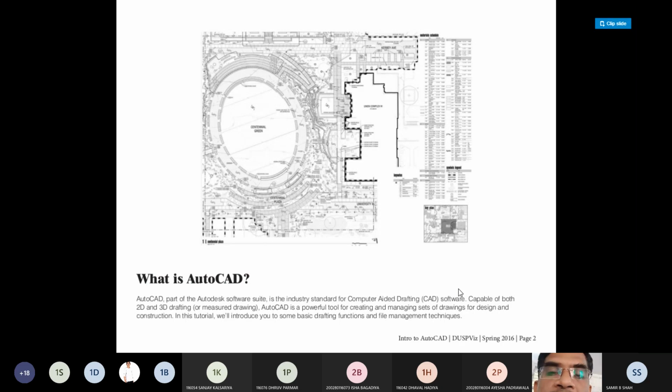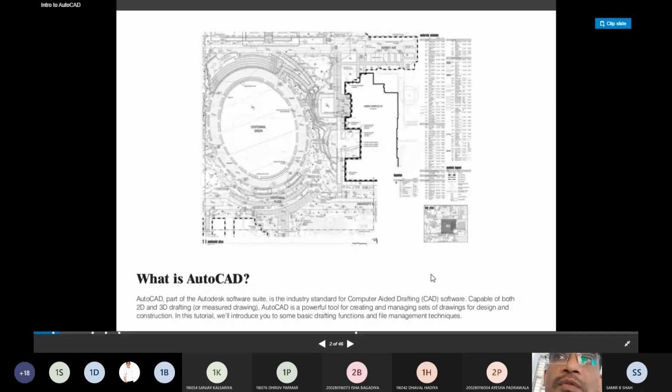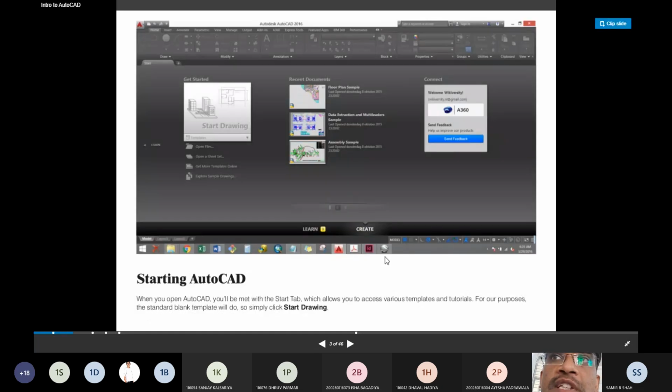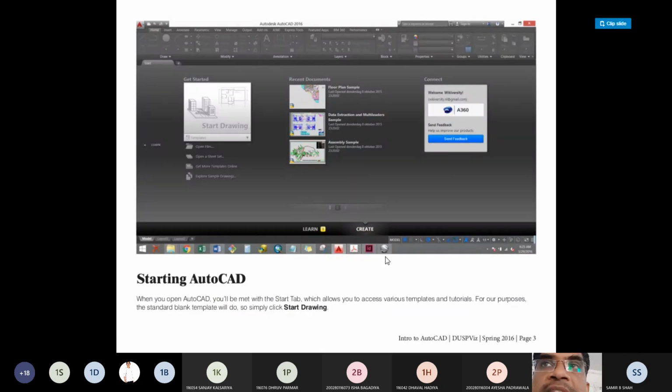Right now we discuss what procedure we have to follow to start AutoCAD as a beginner after installing it. One by one I will show you some basic hints which may provide the basic idea about the basic commands of AutoCAD.